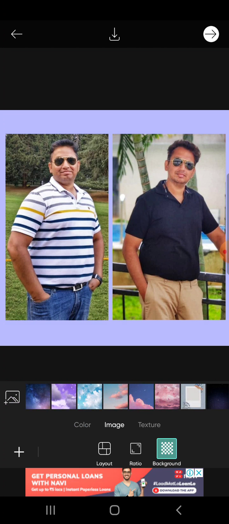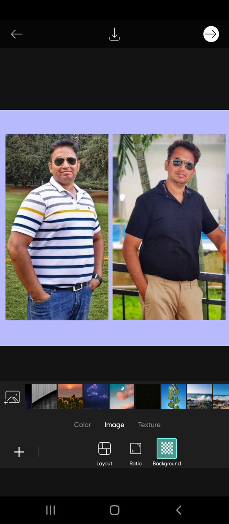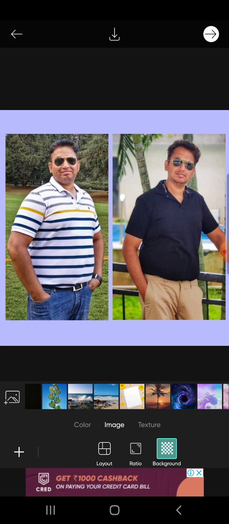There is also an option called image. Normally I will go for the images because this will create more appearance for the background, and it will be more attractive. The visuals will be more attractive and it catches the attention of people.